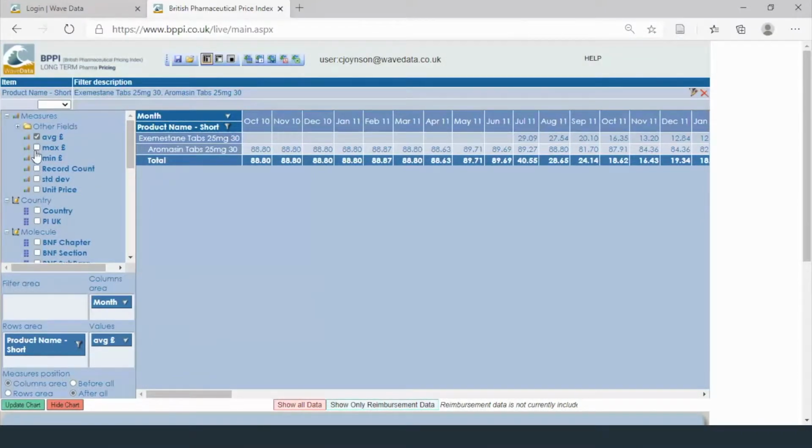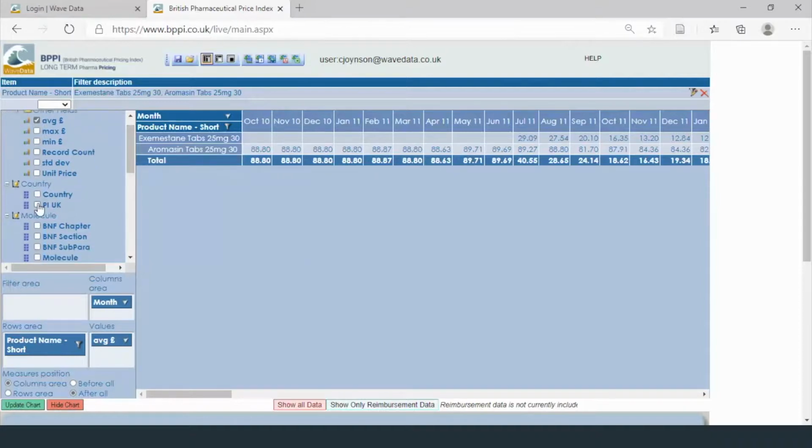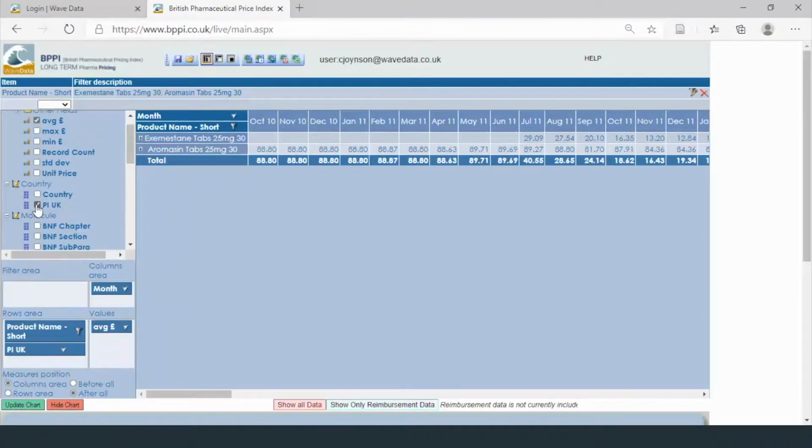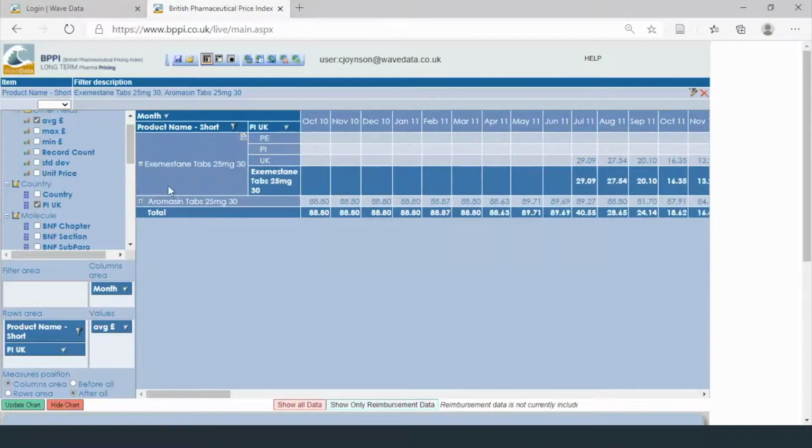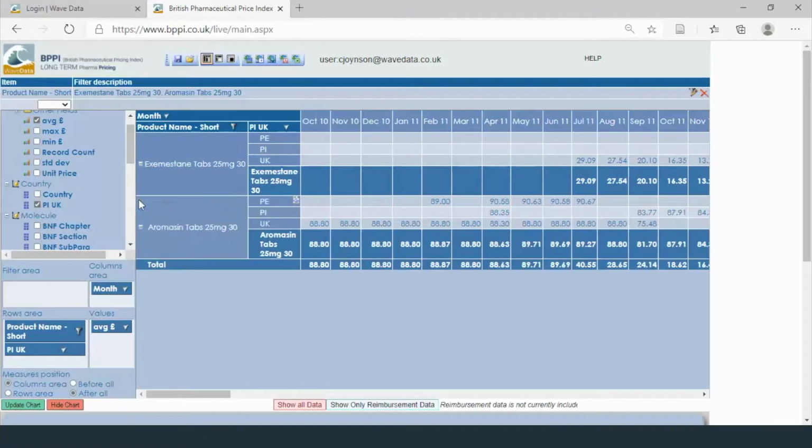Obviously, you've got a lot of other things you can ask for in the data. You could ask for maximum, minimum, record count, all sorts of funny things like that. I'll just put in PI UK so that we could actually get some detail here about the relationship between UK prices and generic prices. So exemestane UK is going to be the generic, PI is going to be a little bit of PI floats out,